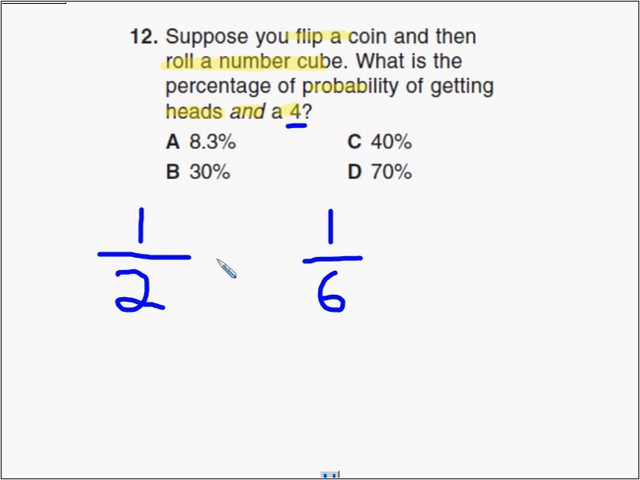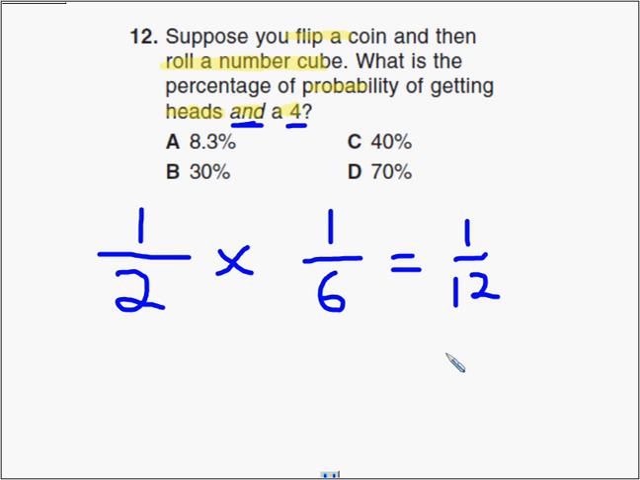So I have a 1 in 2 chance of flipping a coin and getting heads, and then a 1 in 6 chance of rolling the die. But I have to do both those things. I have to get a heads and roll a 4. So a 1 in 2 chance, then a 1 in 6 chance. So what the formula says for this is, for 2 independent events, I have to multiply the 2 probabilities together. So I have a 1 in 12 chance